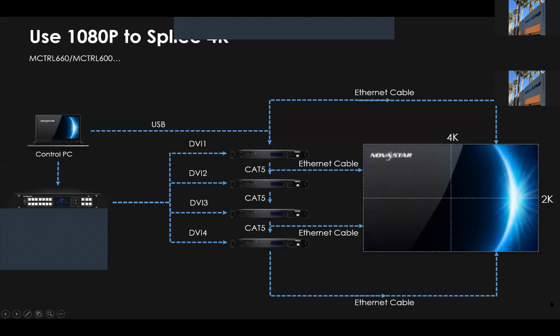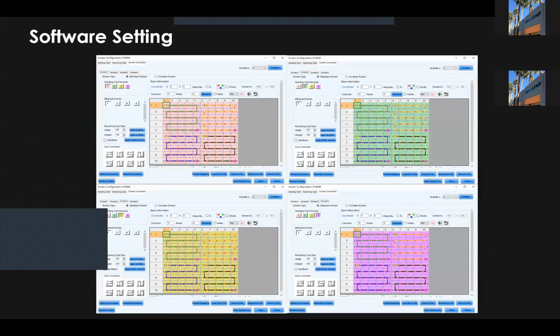Let's say this structure. The first one, yes, this part for HD, this part for HD, this part for HD, and this part for HD. Totally, we got 4 parts for HD to make it as the 4K by 2K. I mean the UHD, 3840 by 2160. All right, and this is a software setting.